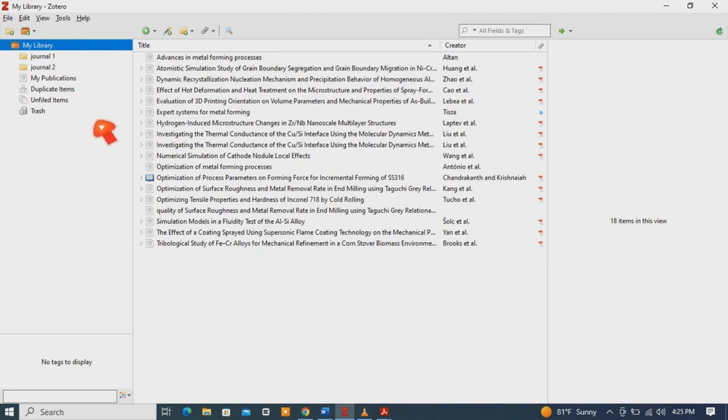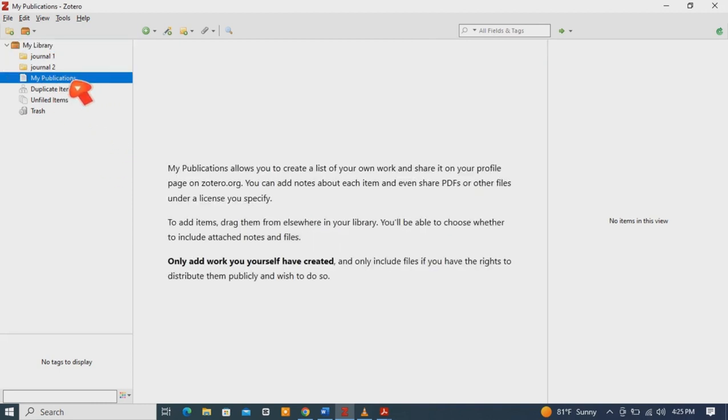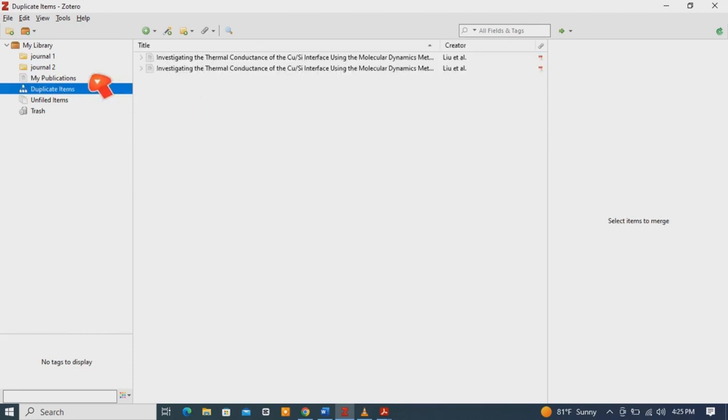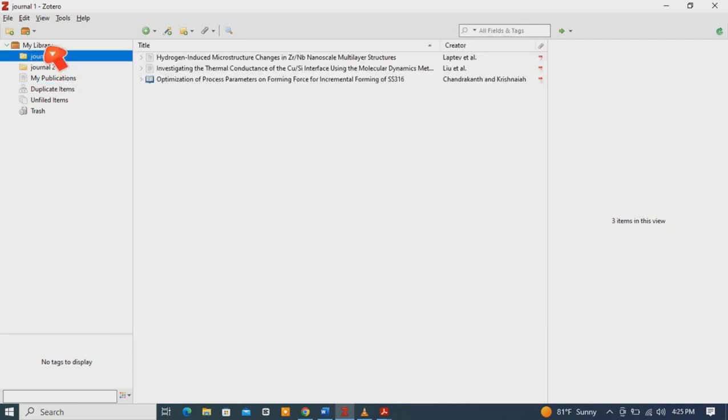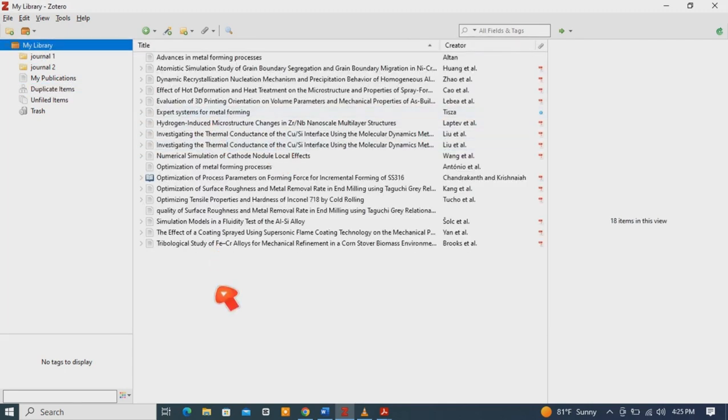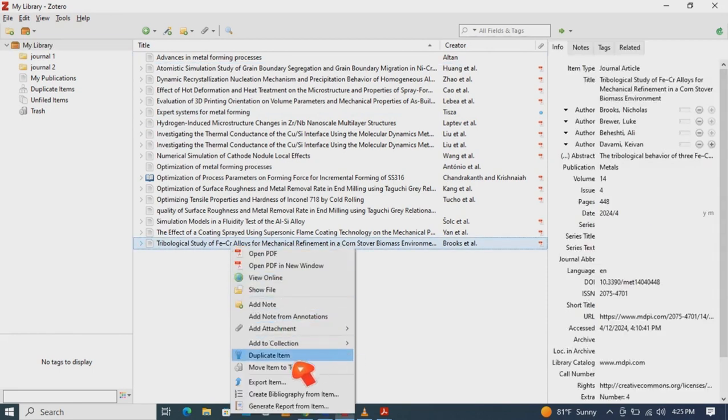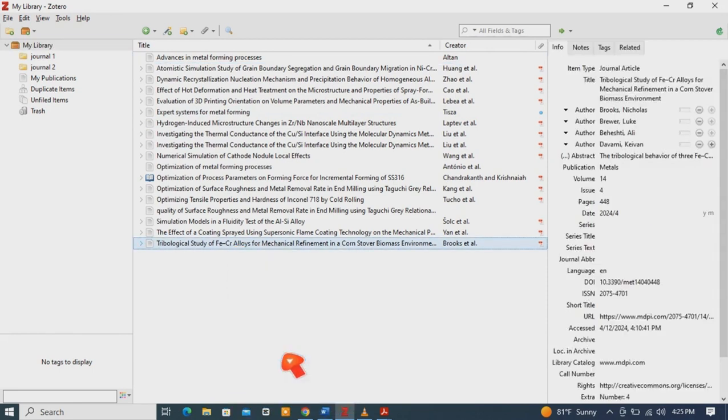The other thing, if you have publications, you can add your publications here. If there are some duplicated items, it will show them like this. As an example, if I duplicate some of the items, let me show you. If I duplicate this one, you can duplicate the item, and it will show me there also. You see,